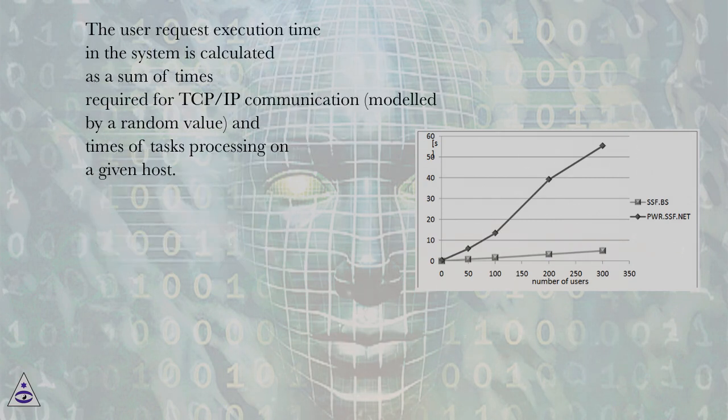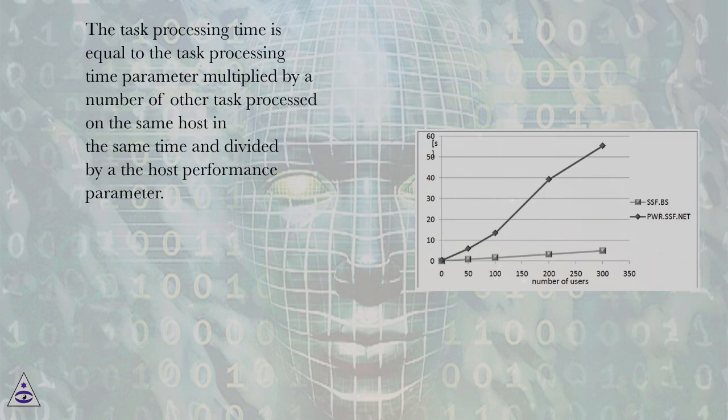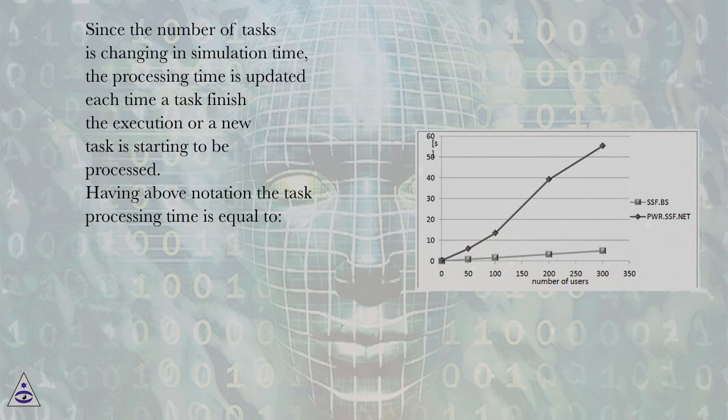The user request execution time in the system is calculated as a sum of times required for TCP/IP communication, modeled by a random value, and times of task processing on a given host. The task processing time is equal to the task processing time parameter multiplied by the number of other tasks processed on the same host at the same time and divided by the host performance parameter. Since the number of tasks is changing in simulation time, the processing time is updated each time a task finishes the execution or a new task is starting to be processed. Having the above notation, the task processing time is equal to